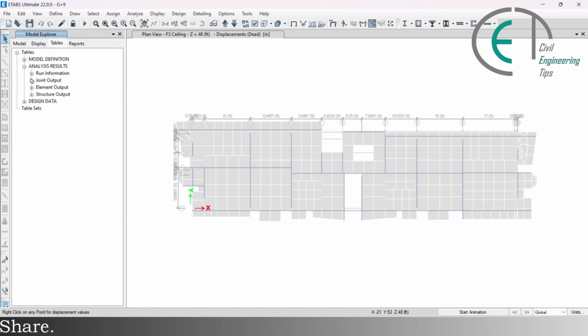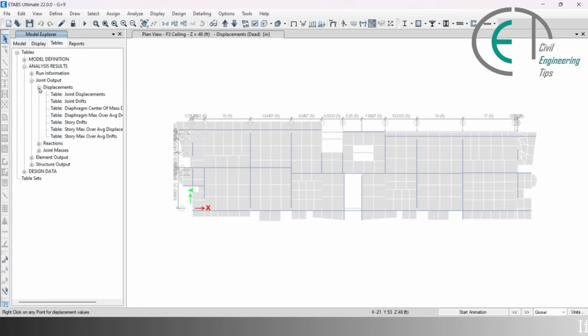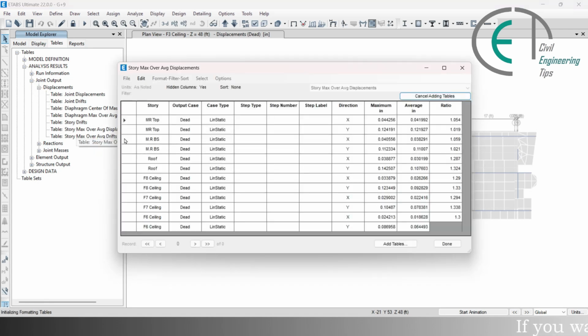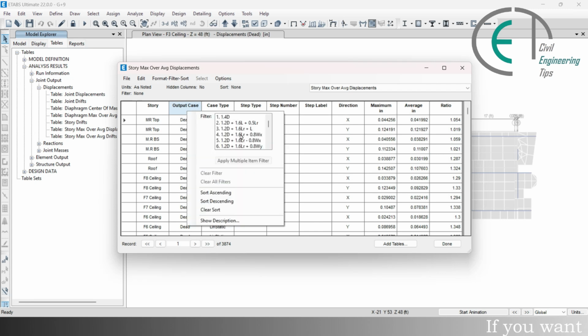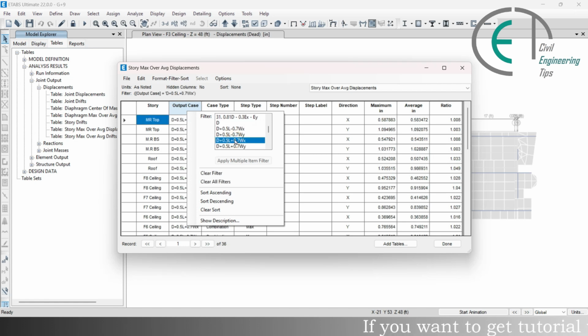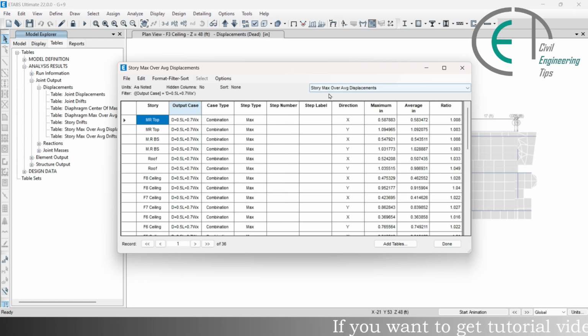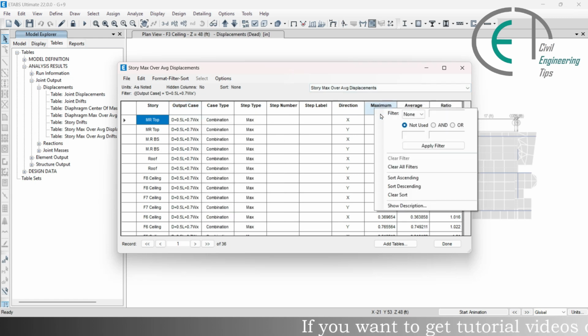Then we will expand joint output, and then we will expand displacements, and we will right click on this option and choose show table option. And similarly we will right click here and we will choose those 4 particular load combinations, and that is here. The first load combination will be this one. I am choosing it and clicking on the blank and right clicking on maximum and clicking on sort descending option,